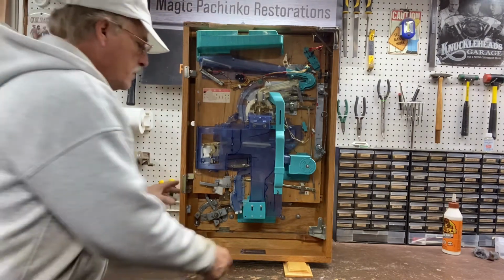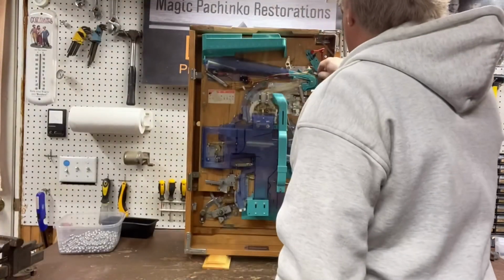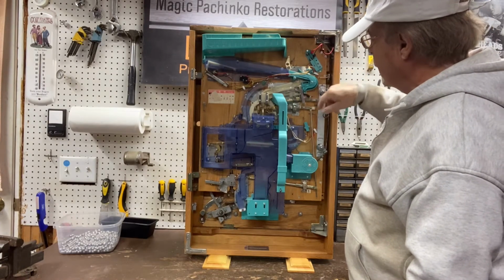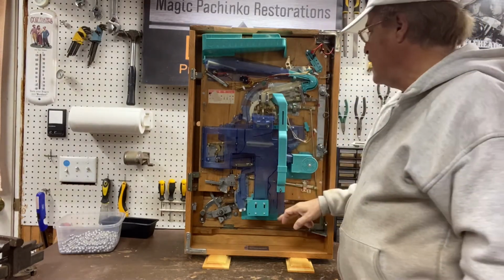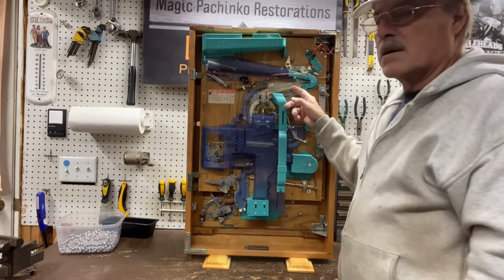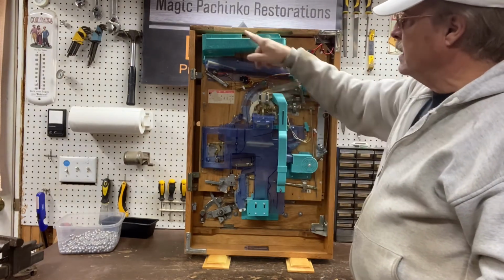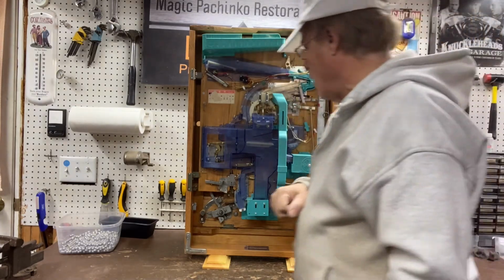So when you get ready to use this machine, this one has a little different ball dump feature on it. This is the ball dump here. When that goes up, then this slides over and would allow the balls to dump out of the machine. So there's a piece right here. Actually, I'm going to mark that in red, and you push this over to the left and it will lock in place, and then it allows the balls to travel all the way to the jackpot chamber. Okay, so again,